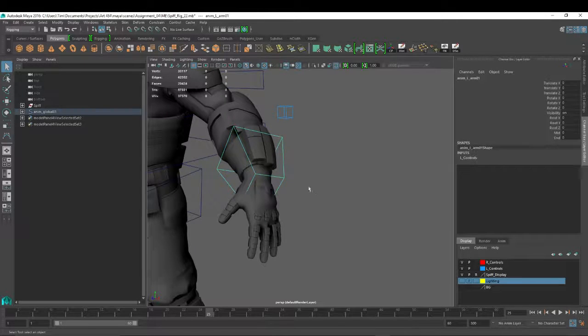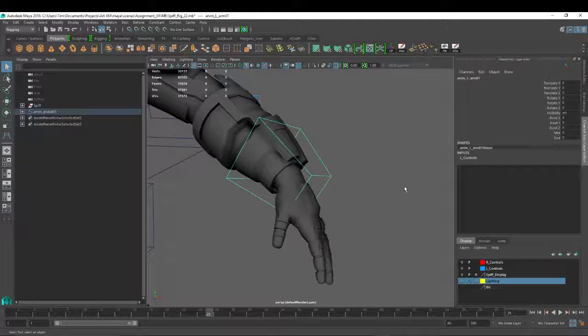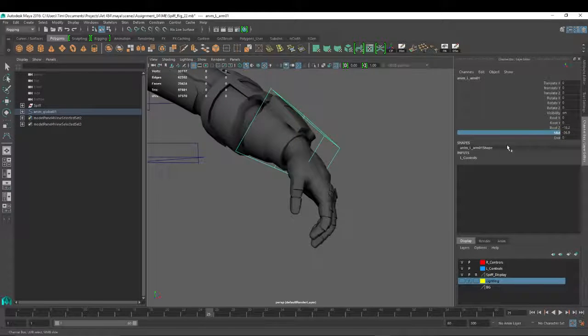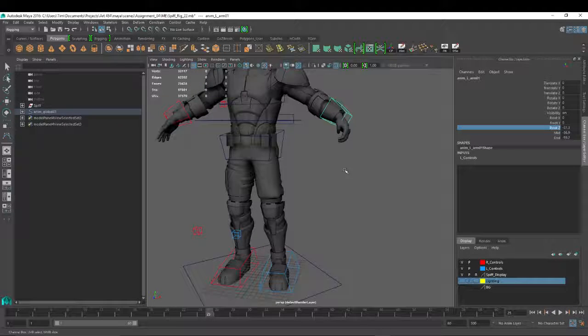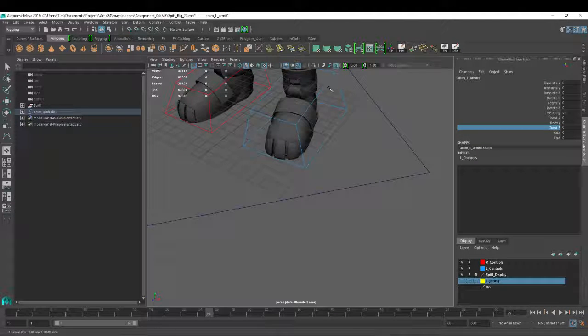I'm not going to show you how yet, but just to show you that you can do this, you can basically create attributes. In this case, I used set-driven keys to create these attributes that when I increase them, they actually rotate all the bones in my hand. So if I wanted a basic overall global grip on something, I can do that pretty easily. It's literally just creating an attribute and then creating a set-driven key saying that as this goes up by 1, then rotate these 5 elements by 15, or whatever arbitrary thing you want to set. So that's something that can be pretty useful. For our walk cycle, we're not going to really have to worry about that too much. But lastly, I also added a...